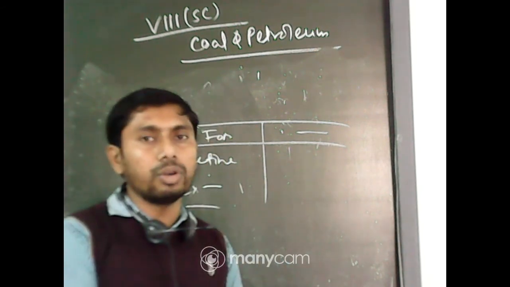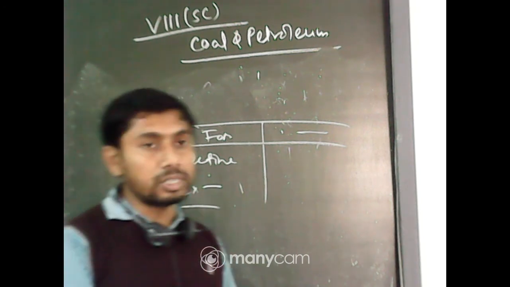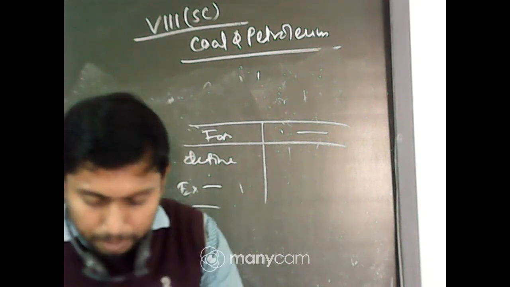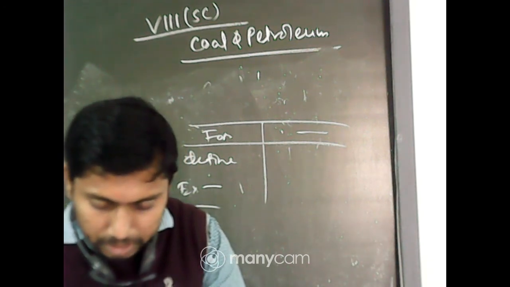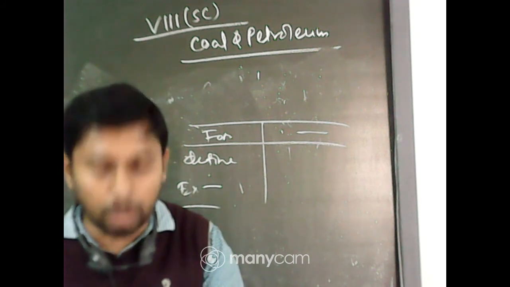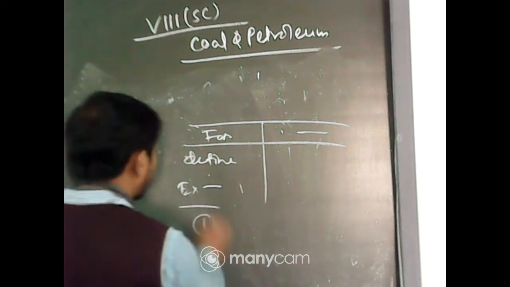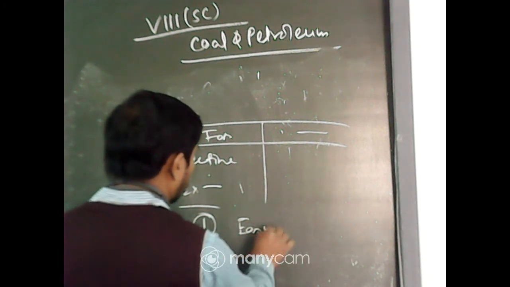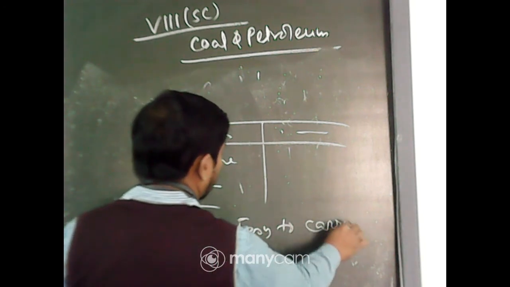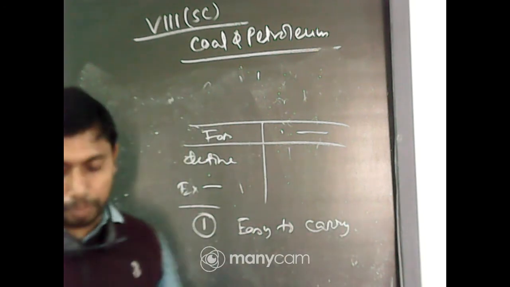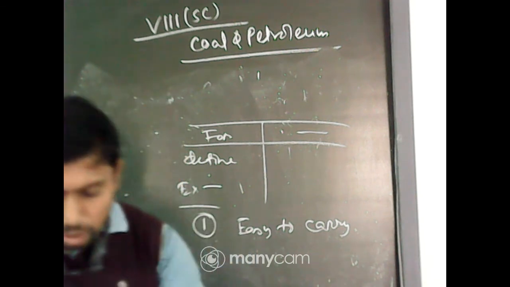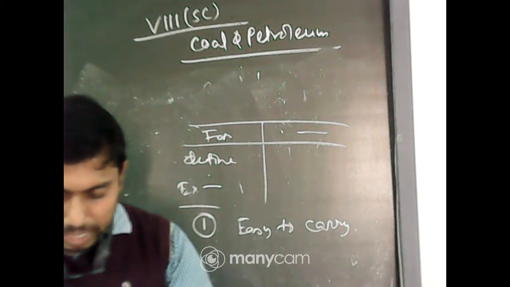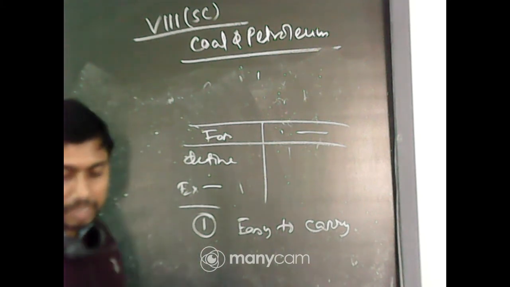Okay, from fossil we got the fossil fuels. But fossils have another definition. Now, natural gas is considered important as a fossil fuel because it can easily be transported through pipelines. So this is one importance. That is, what is the importance of CNG? It is easy to carry. It can be flown through pipelines. It is gas. It is stored as CNG, which is used for several purposes and also used as a starting material for manufacture of chemicals and fertilizers.